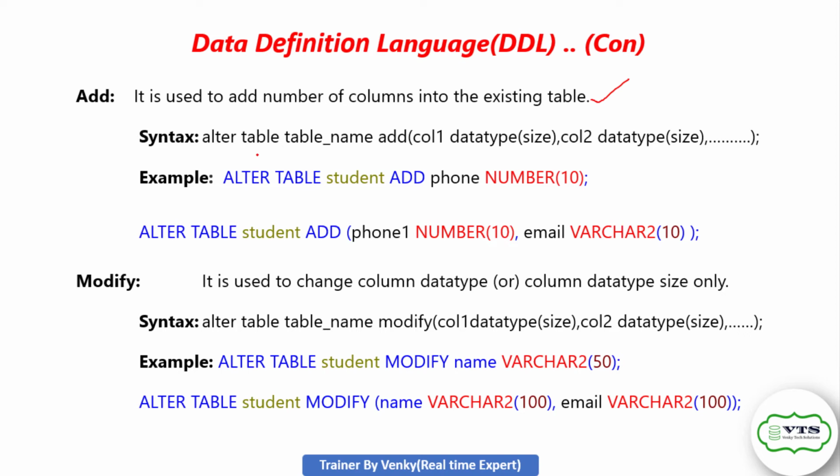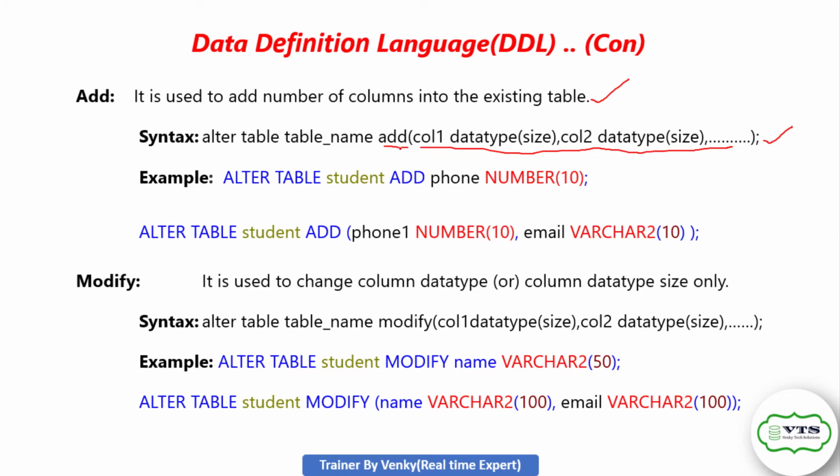You can see the syntax: alter table table_name, add keyword. This is common for every table. Then open parenthesis, column 1 data type size, column 2 data type size. Like that we can declare n number of columns. Alter is a command, table is a keyword, table_name is the object name, the existing table which you want to change.